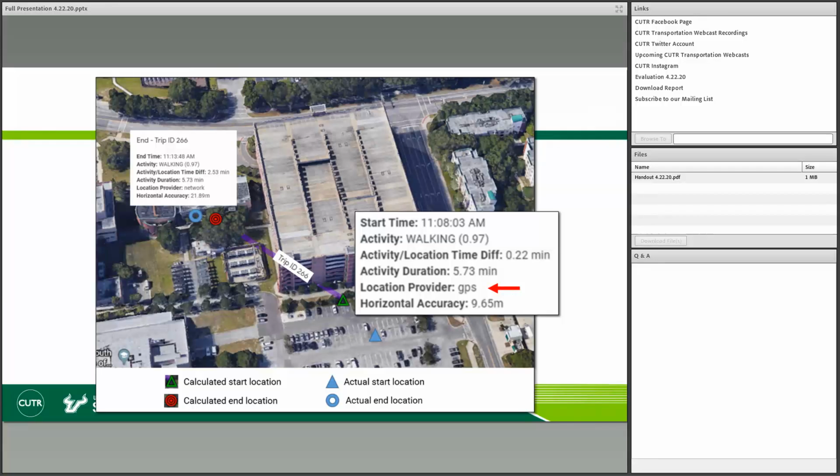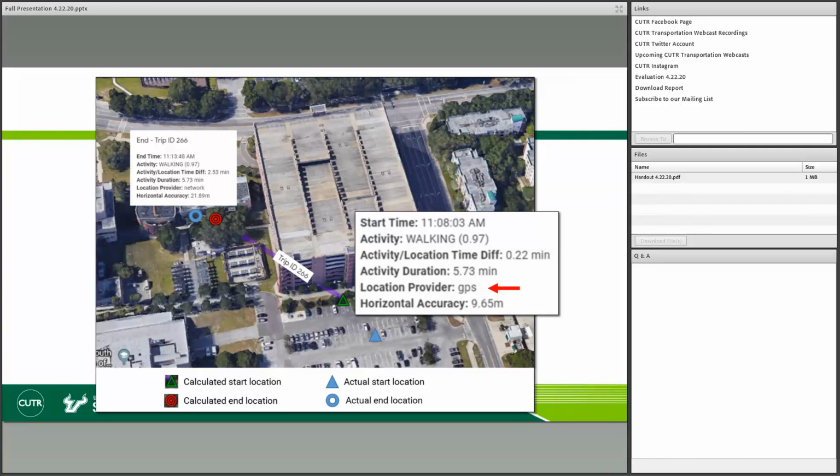We have an algorithm, a very simple one, that picks the quote best location, and I'll talk about that a little bit later. We chose GPS as the best location here, which makes sense. We were outdoors, which is typically the case. Between when I actually stopped my car, got out and started walking, there's a short lag before we got a GPS fix back, so the distance here is basically how far I walked.